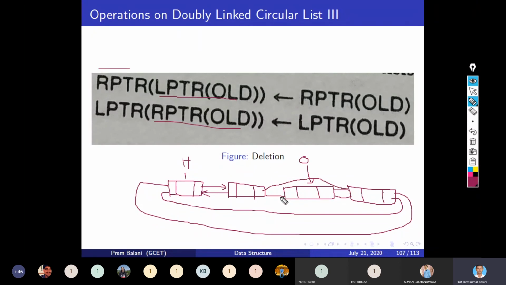And RPTR of old, that means this node, and its left pointer, let me update that link, is equal to the LPTR of old. So LPTR of old is pointing to this, and then this node will be given back to the availability stack.